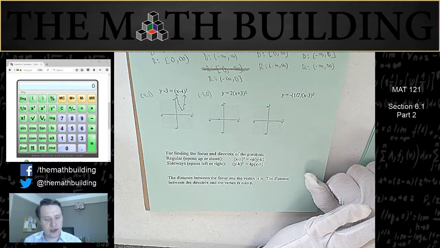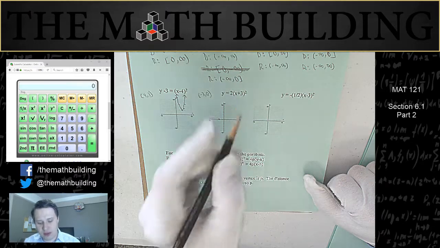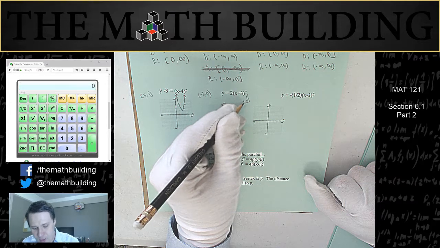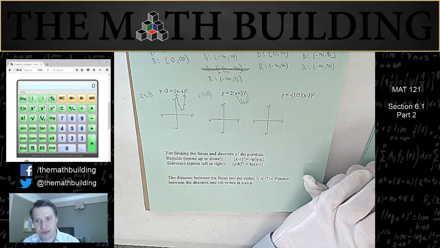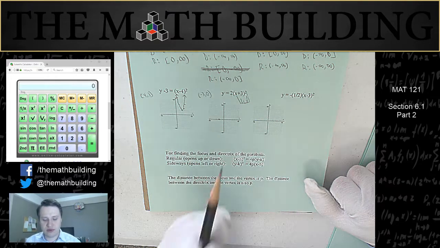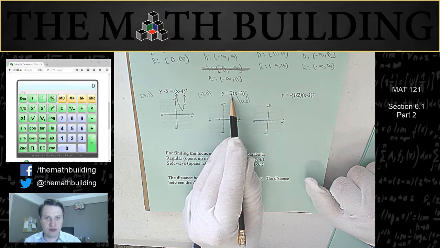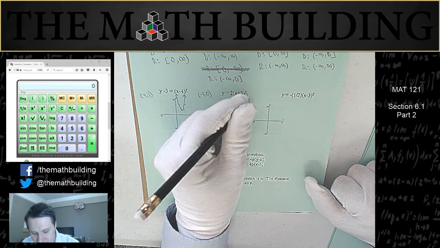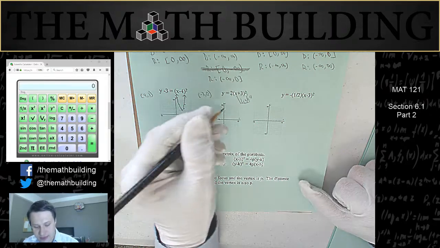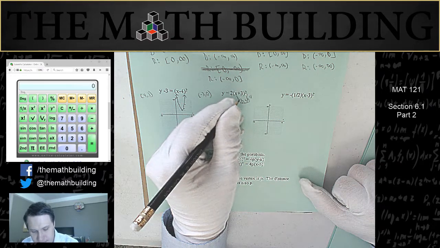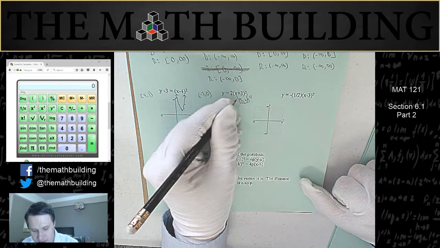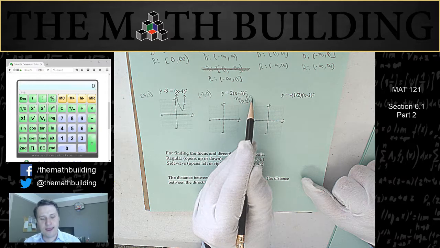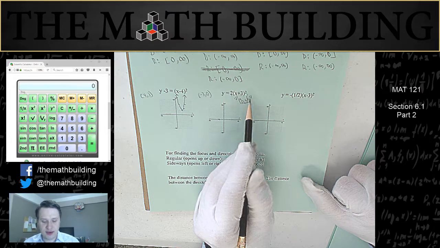So how does this 2 take effect? Well, if the number's being multiplied, remember how we had that 1, 4, 9 pattern? Basically, you just take all those numbers and multiply whatever is out in front. So instead of 1, 4, 9, it's 2, 8, 18. And that's it. 4 times 2 is 8, and 9 times 2 is 18. So you just take the same 1, 4, 9 pattern, except now it's 2, 8, 18, because they're all multiplied